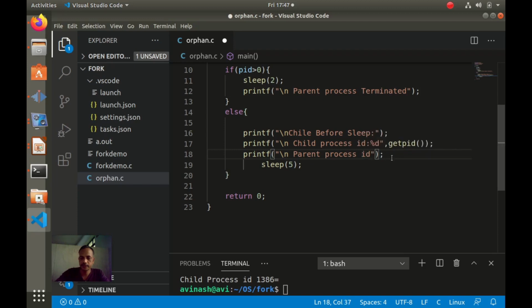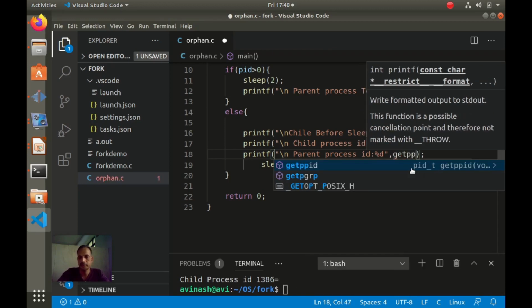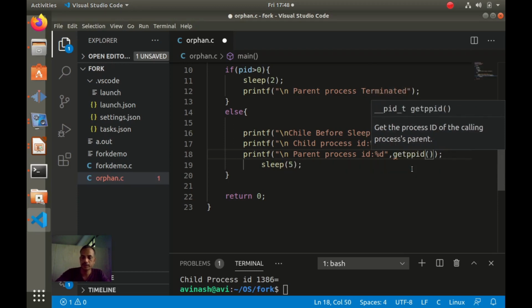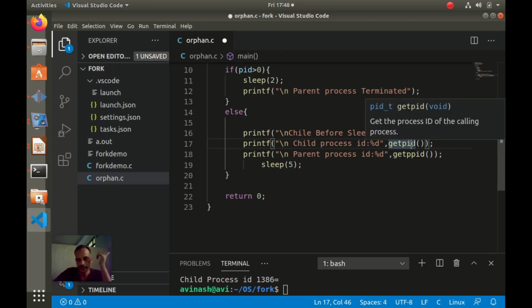Similarly here we will print a parent process ID %d, and the function to print a parent process ID is getppid. Okay, so 2 functions we have written here, one for printing child process ID and one for printing the parent process ID. So getpid returns the process ID of the currently executing process and getppid returns the process ID of the parent of the currently executing process.